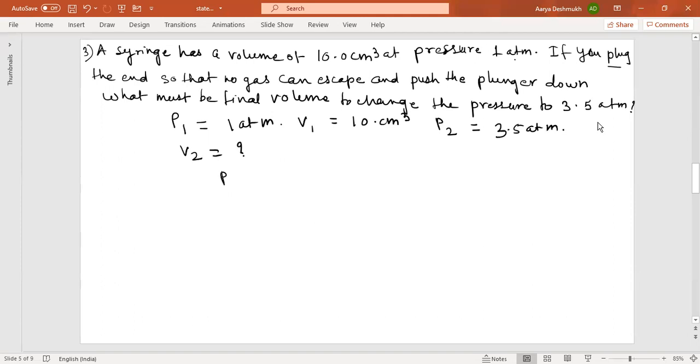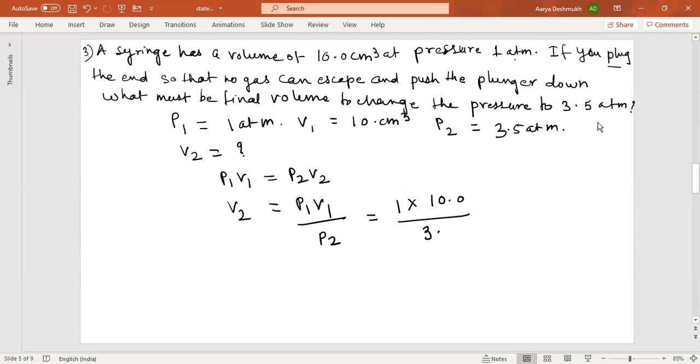So again use the same equation because we are talking about Boyle's law: P1 V1 equal to P2 V2. So here you are supposed to find out V2. So rearrange the equation, P1 V1 divided by P2. So substitute the values, 1 into 10 divided by 3.5, and on solving we'll get the answer 2.857